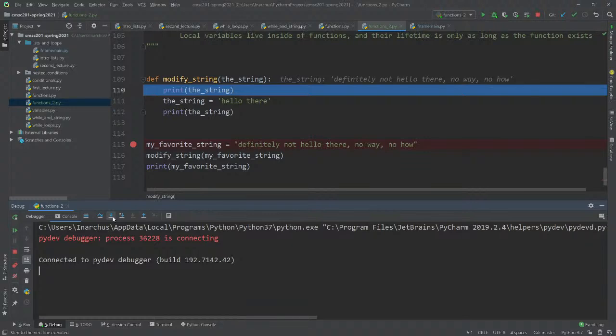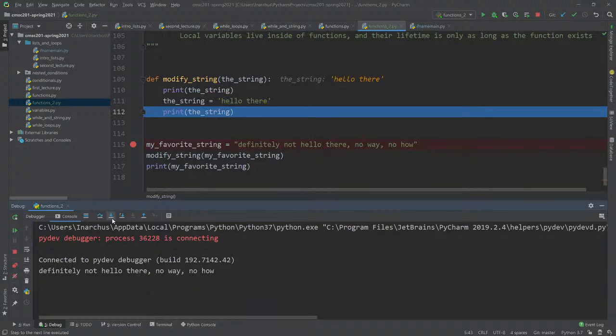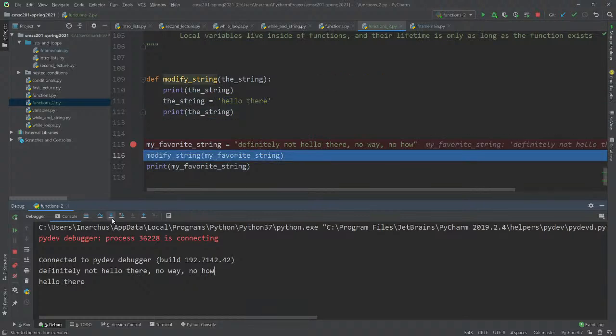Okay, so the first thing that's going to happen is it's going to print out the string. There we go. So definitely not the thing that we don't want. And then we assign it. And now we're going to print it again. Okay. So we've definitely modified the string, right? My favorite string is modified, isn't it? Right? It's changed. Okay.